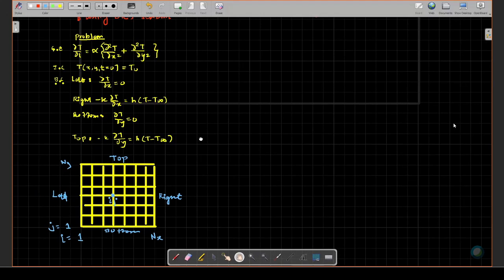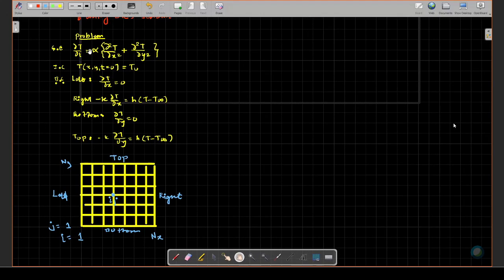Okay. Now, when you apply the BTCS scheme, so for this equation, for all these interior points, when you use BTCS, the equation for interior points